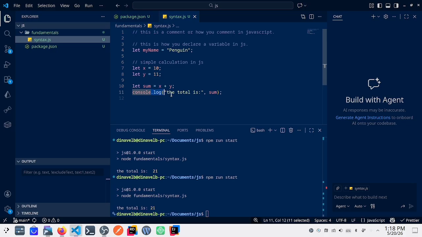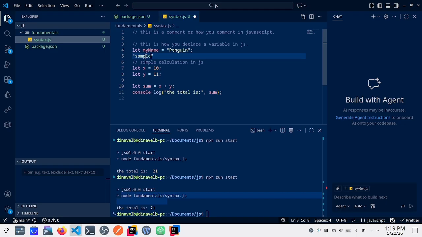So we can see here the console.log is responsible for printing variables and so on. We can see the data type here, this is a string data type, because anything inside these two quotation marks is treated as a string.